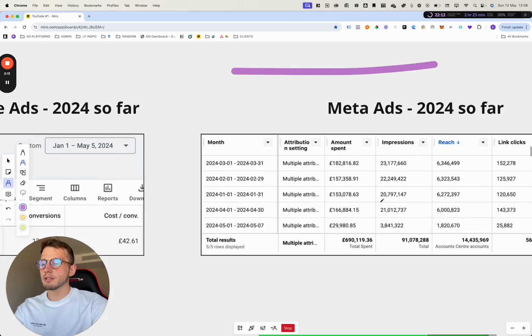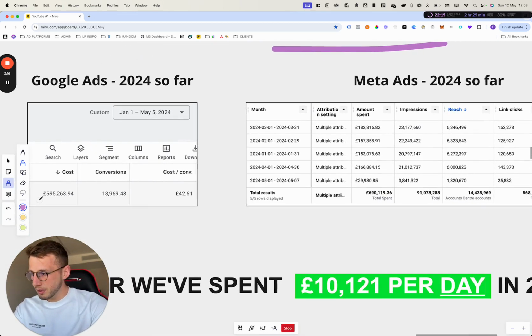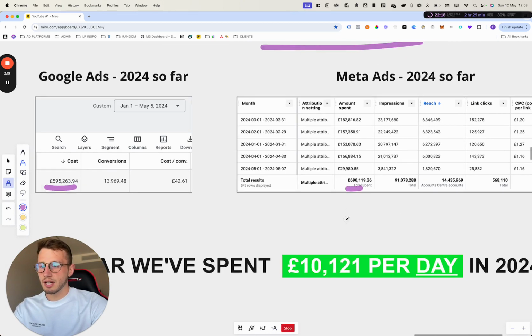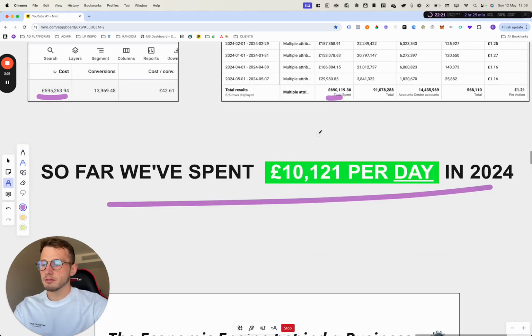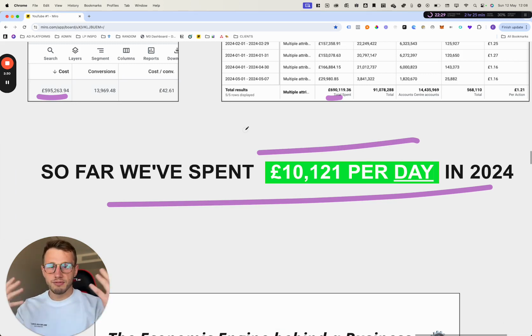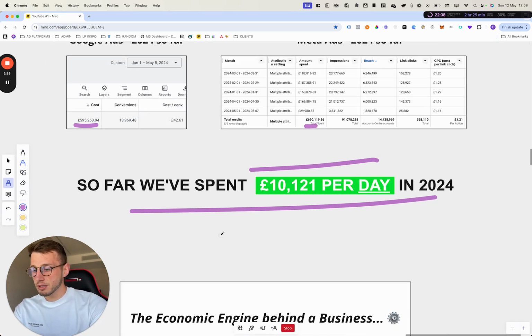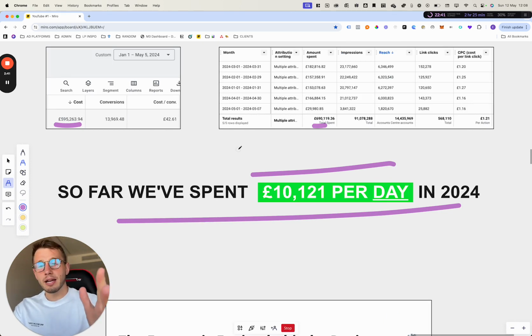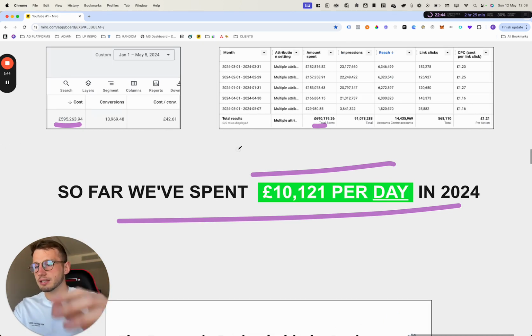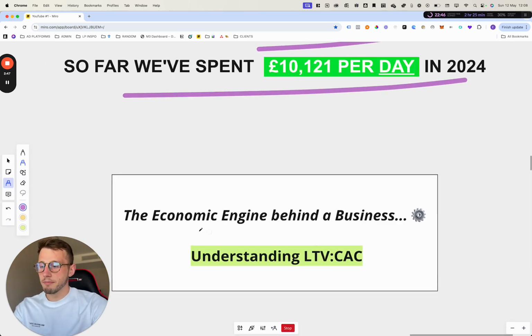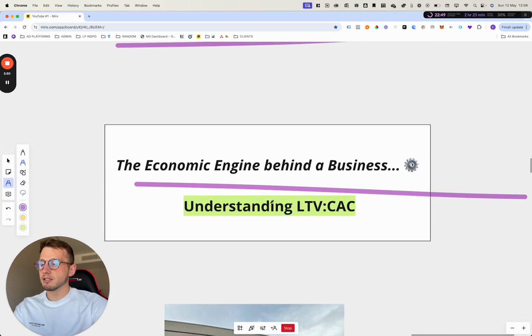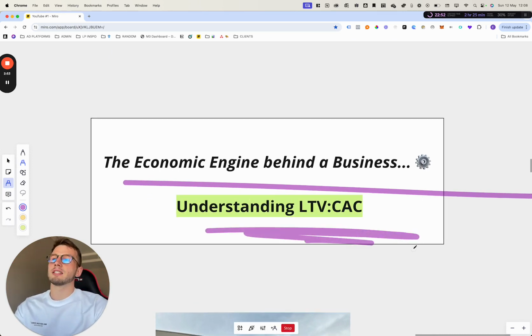Of course, it's 2024 now. So far this year, here's a snapshot. We've spent about 600K on Google, about 700K on Meta, meaning up until this point, the 12th of May, we've spent about £10,000 per day on ads. And so again, just to add a bit of, hopefully, validity to what we're doing, we're deep in the trenches. We do this quite a lot. By any stretch, we're still a small fry in this game, don't get me wrong, but hopefully this will be useful for people out there who are spending money on advertising and want to understand this hopefully very core and powerful metric. So without further ado, let's dive into the real meat of this, understanding the LTV CAC.